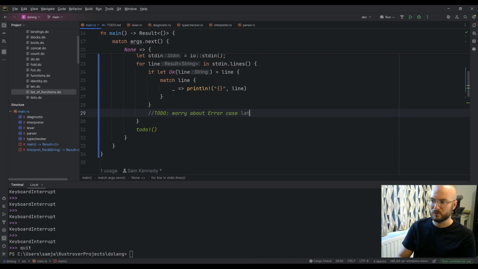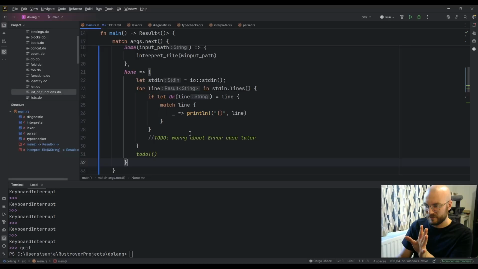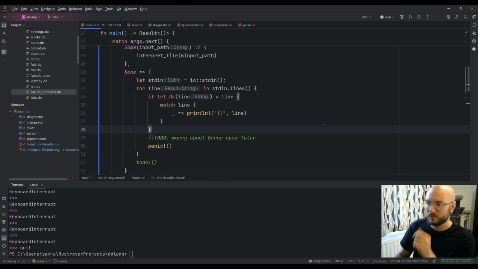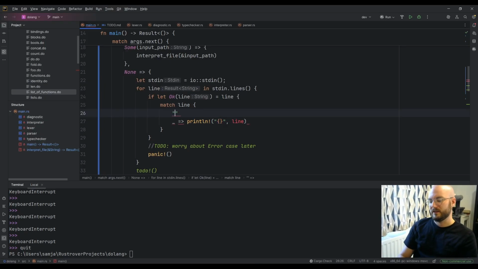I don't really know what would cause an stdin error in a normal flow of this, so we're not going to worry about it now. If it happens, we'll panic about it, and then we can deal with it. So, normal case, we just print it. If it is quit, then we break. Maybe not break. Yeah, we can just return Ok.